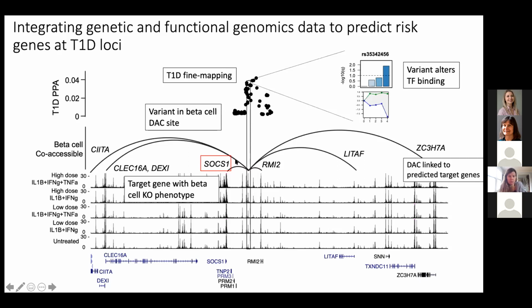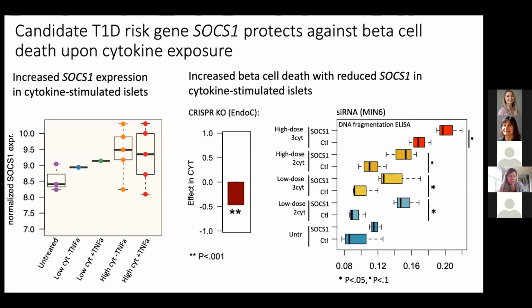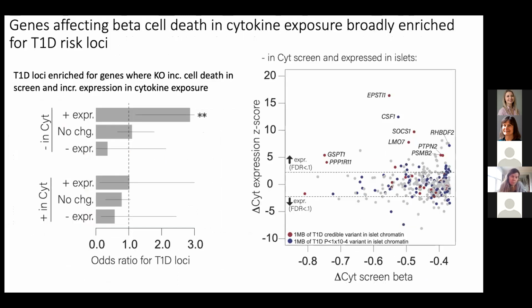It may involve multiple genes, but it seems like potentially regulating SOX1 and its response to cytokine exposure and modulating cell death is a potential mechanism. And we've studied the SOX1 gene in more detail in beta cells and tried to validate that that's the case. And then more broadly, we find that